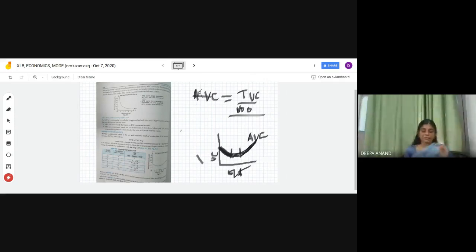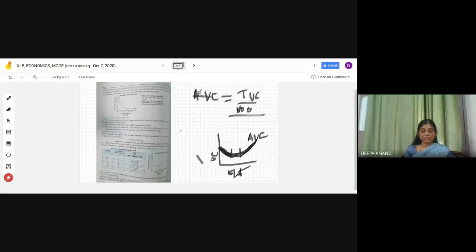And as we go on increasing the production, we are utilizing the fixed factors in an effective manner. So we are not giving more load on the variable factors. The variable cost will decrease. That's why it is decreasing in the first stage. Then a stage will come where it becomes constant, because it's a proper combination of the fixed factors and the variable factors, because now enough products are being produced, so it becomes constant. Afterwards, that advantage we won't get.